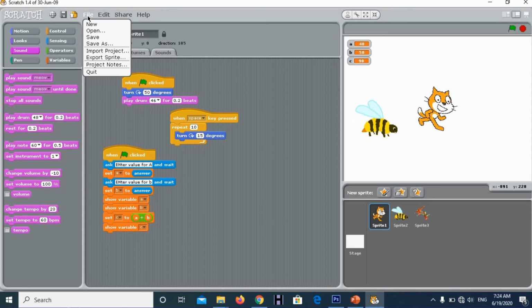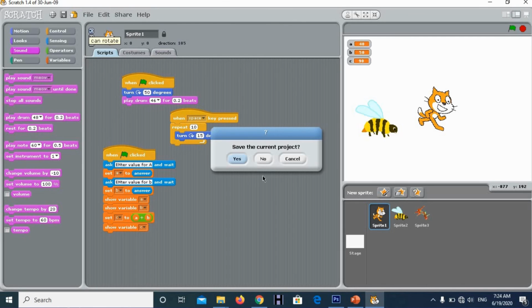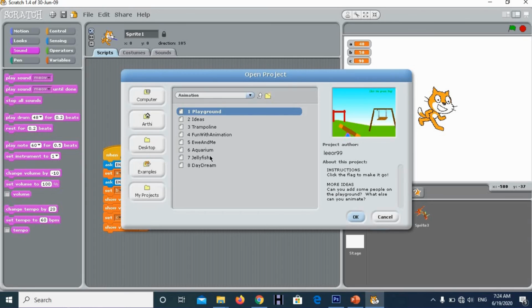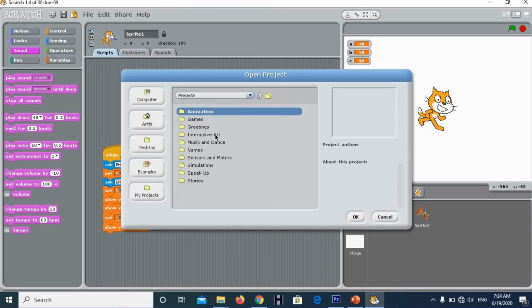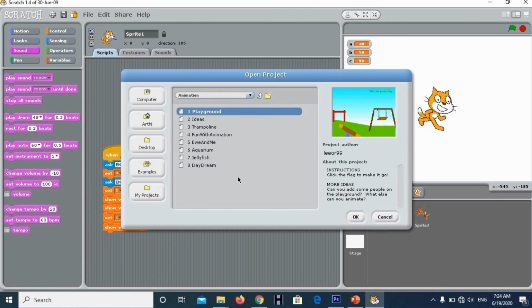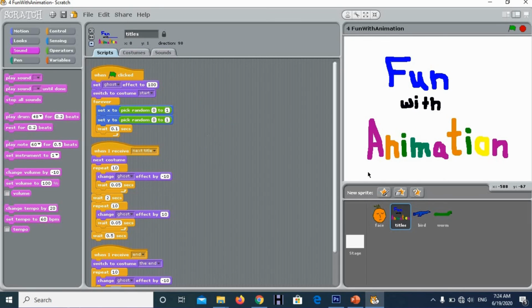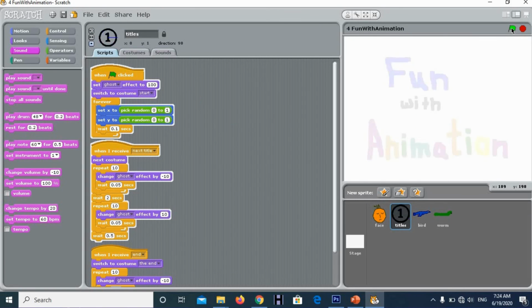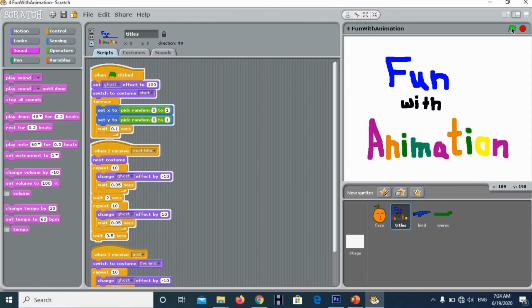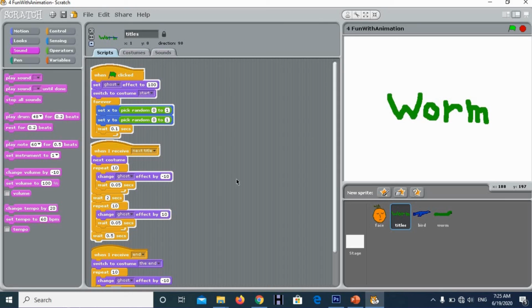So if you want to explore this Scratch software, click on File and click the menu Open. So in that we have a set of animations. So basically we have n number of animations here, which are animation, games, greetings. In each of these categories you will have a certain number of animations or examples. So you can just click that example to get started, right? So if we click on this green flag, the animation will get started. So in this way you can use the Scratch software, right?